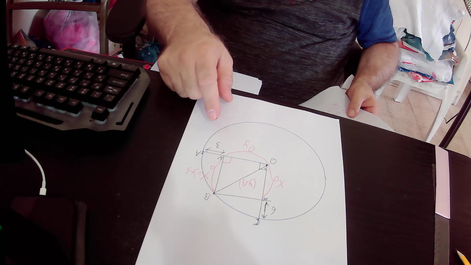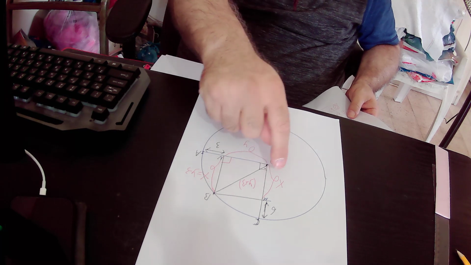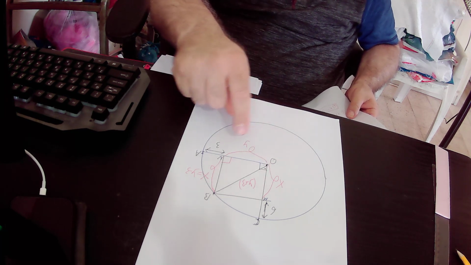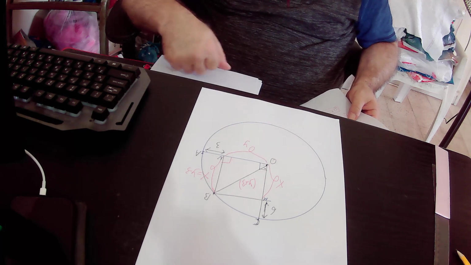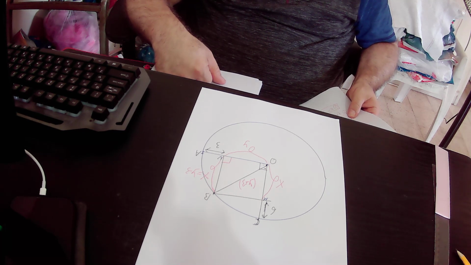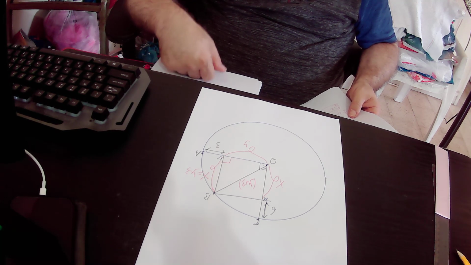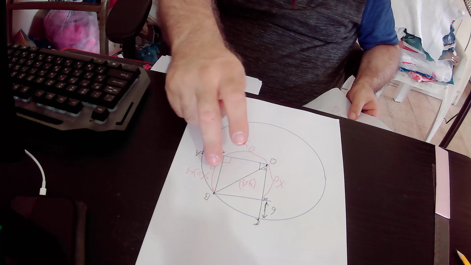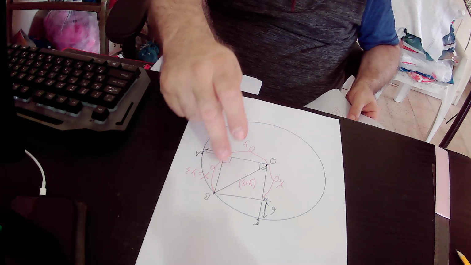We defined OM as X and ON as Y, and actually in the right triangle OBN